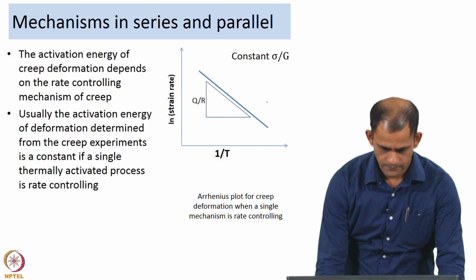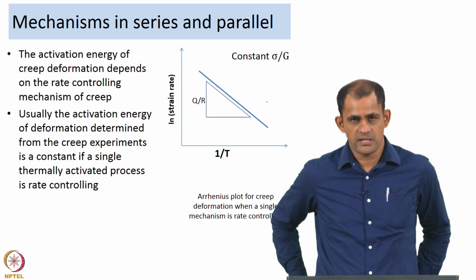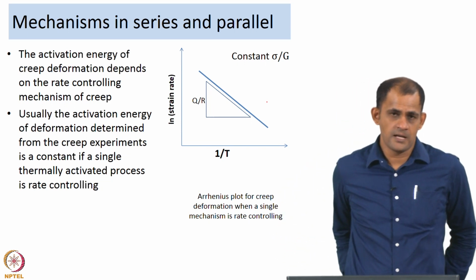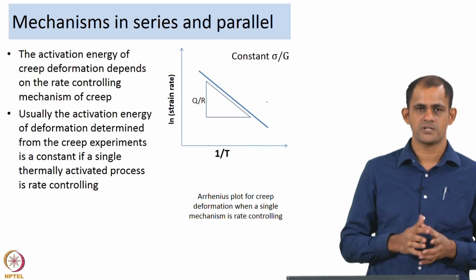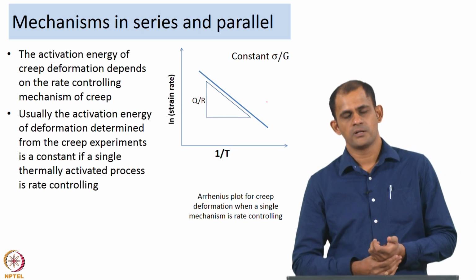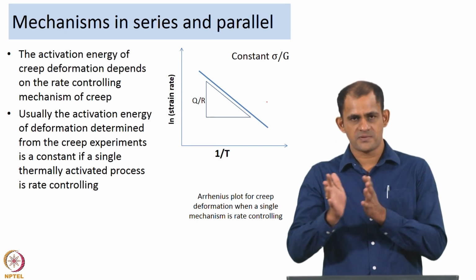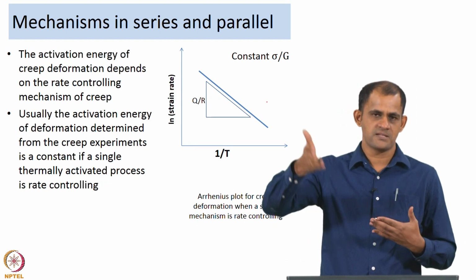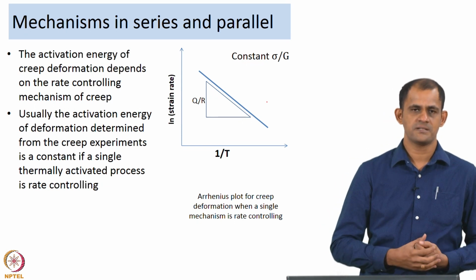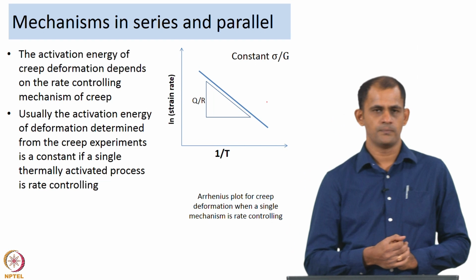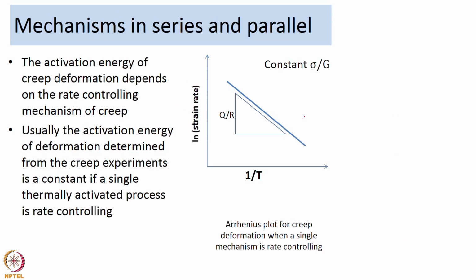So, we are talking about transitions in creep mechanisms. We said the Bird-Mukherjee-Dorn equation helps us look at different mechanisms in a single plot. You could have different mechanisms of deformation shown in a single plot if you plot normalized strain rate versus normalized stress. You could have transitions in mechanisms from one mechanism to another as a function of sigma by E. That concept works if you have only one single rate controlling mechanism of creep.